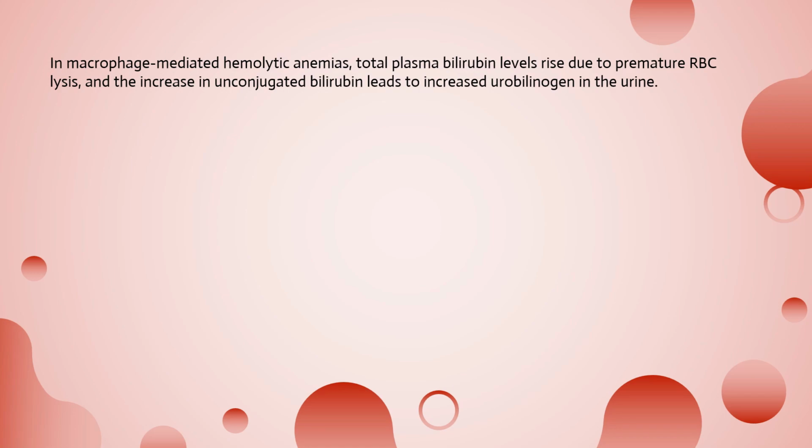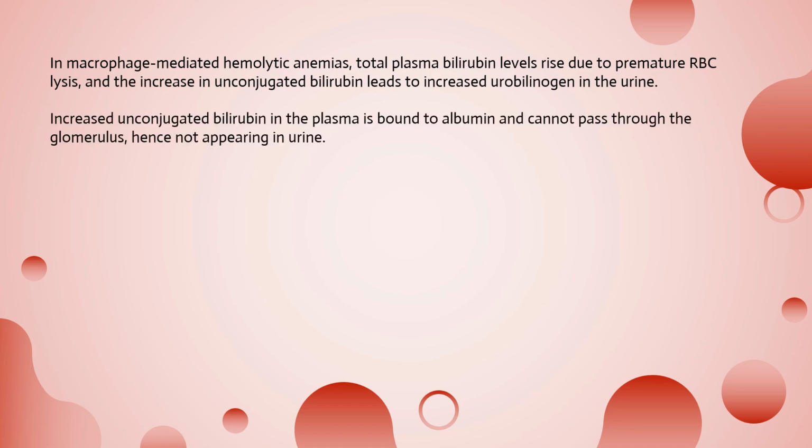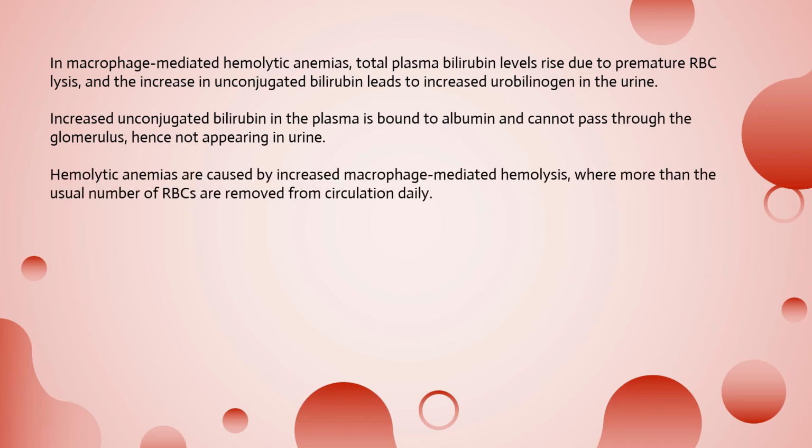In macrophage-mediated hemolytic anemias, total plasma bilirubin levels rise due to premature RBC lysis, and the increase in unconjugated bilirubin leads to increased urobilinogen in the urine. Increased unconjugated bilirubin in the plasma is bound to albumin and cannot pass through the glomerulus, hence not appearing in urine. Hemolytic anemias are caused by increased macrophage-mediated hemolysis, where more than the usual number of RBCs are removed from